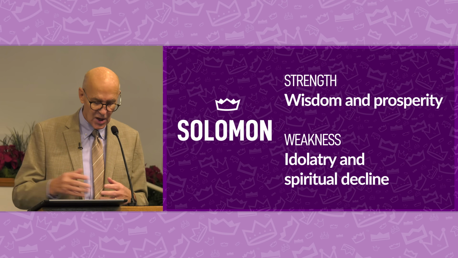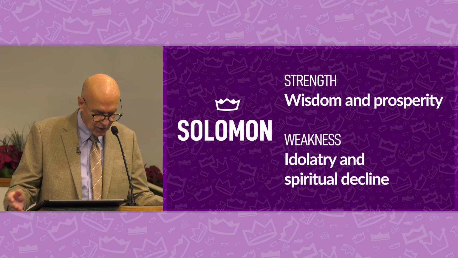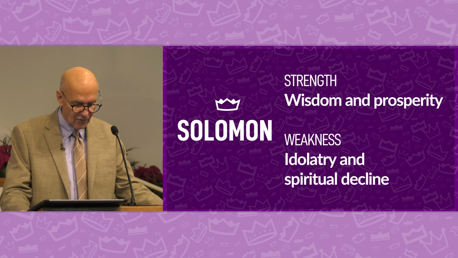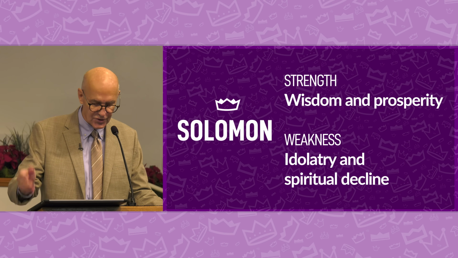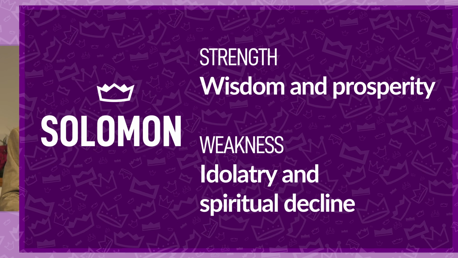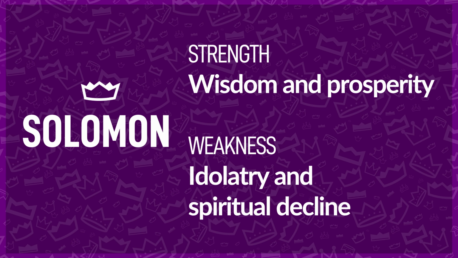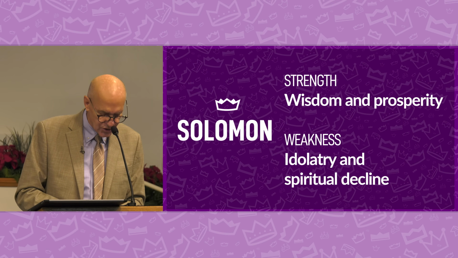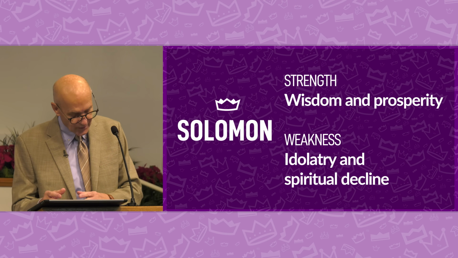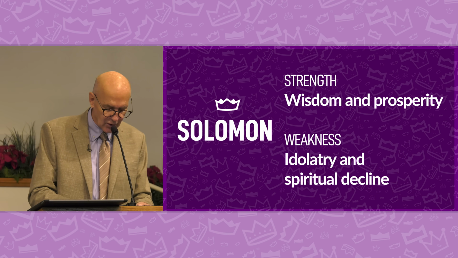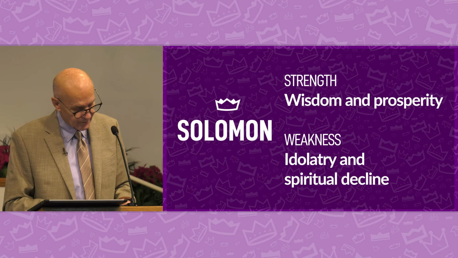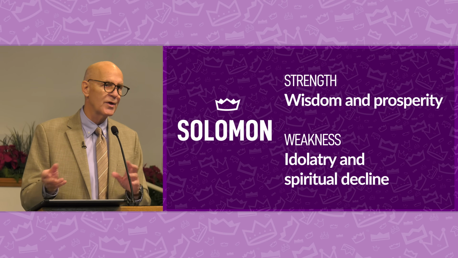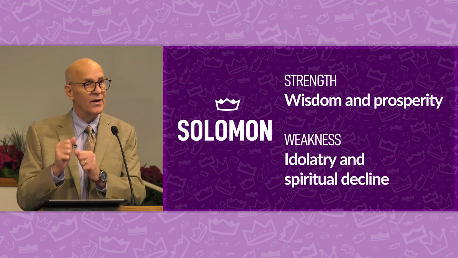Solomon's major weakness was his turning away from God due to the influence of his many foreign wives. His idolatry, as he built altars to foreign gods like Ashtoreth and Molech, led to spiritual decline in Israel. His disobedience to God's laws concerning foreign marriages and worship ultimately led to God's judgment, and the judgment was the division of the kingdom and the erosion of the political unity that had been achieved under his father David.